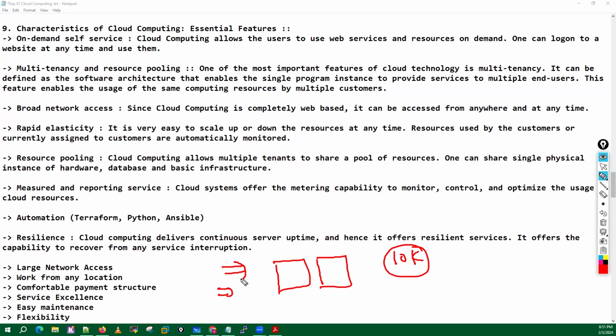Because now these organizations are running the sales. Let's say that the sales will go on for 3 days, and during these 3 days maybe they are getting 10 times the traffic. Let's suppose they are getting 100K users traffic into these servers. So what they need, instead of having 2 servers here,